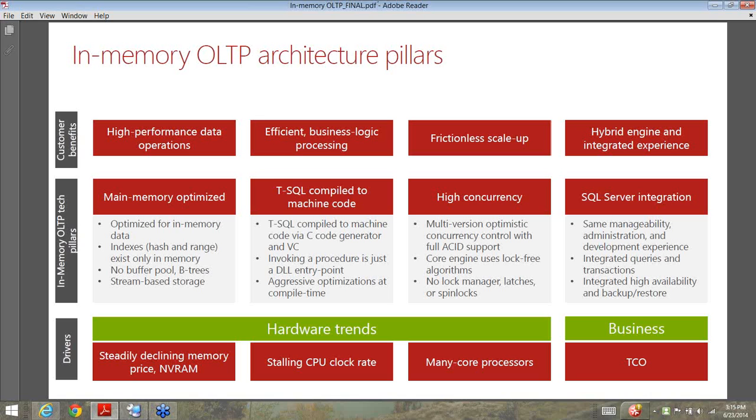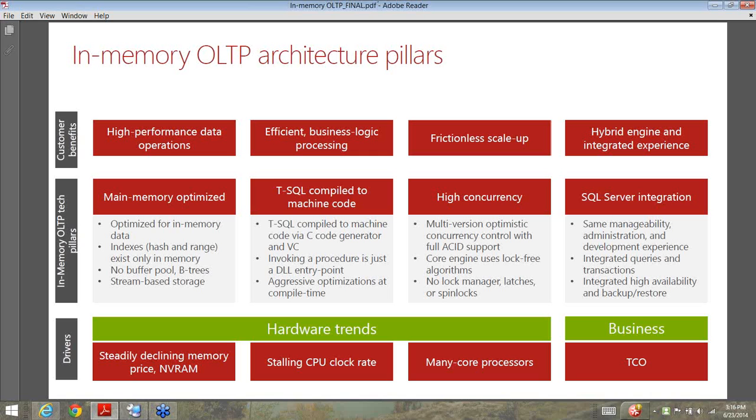Also, you have T-SQL compiled to machine code. So this is nothing but the native T-SQL that I spoke about a while back. As a result, it does not need to be recompiled each and every time it executes. Every time SQL Server is restarted, these DLLs for your machine code are loaded into the engine. Also, it gives you a lock-free and latch-free environment, so there is a high amount of concurrency, and that is achieved using multi-version optimistic concurrency control.